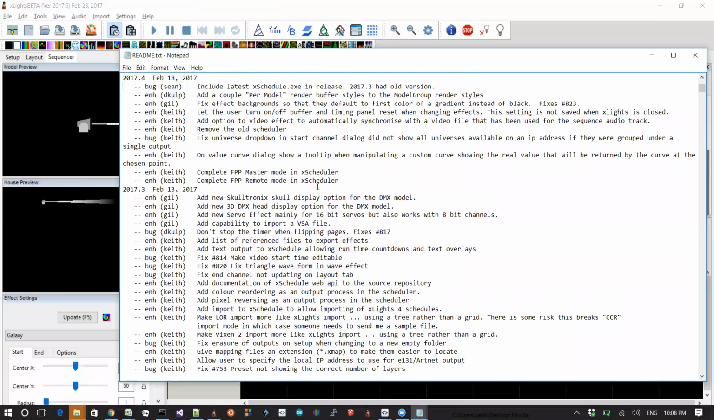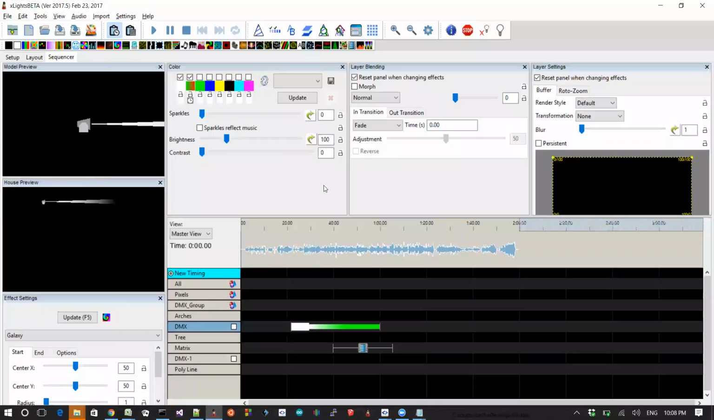Okay, so here are the additional render styles that Dan added. So per model render buffer styles and model group render buffer styles. Oh, it's actually the render buffer styles. Yeah, that's right. So we were talking about that a little while ago, right? So that's here